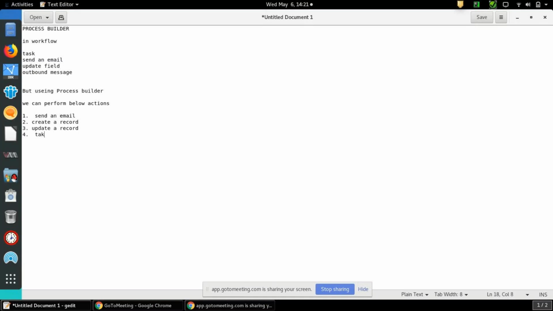You can assign a task. You can call Apex code in the process. You can post to Chatter groups, if you want to announce anything over there, and you can submit for approval. And you can call a flow also.